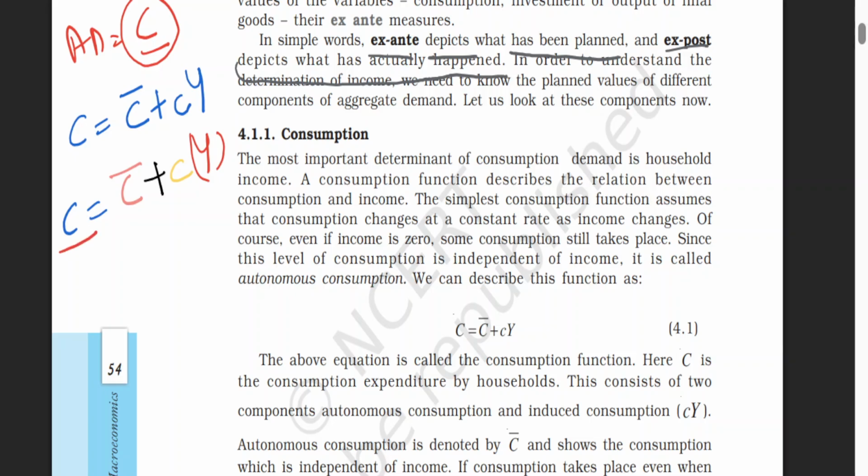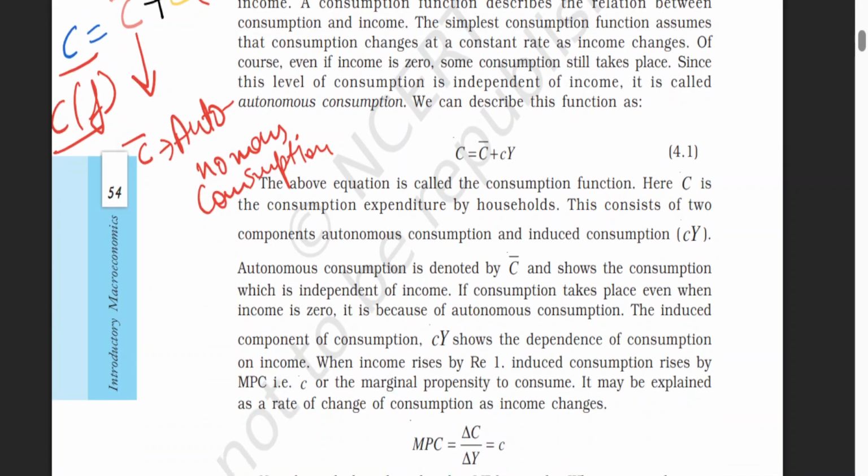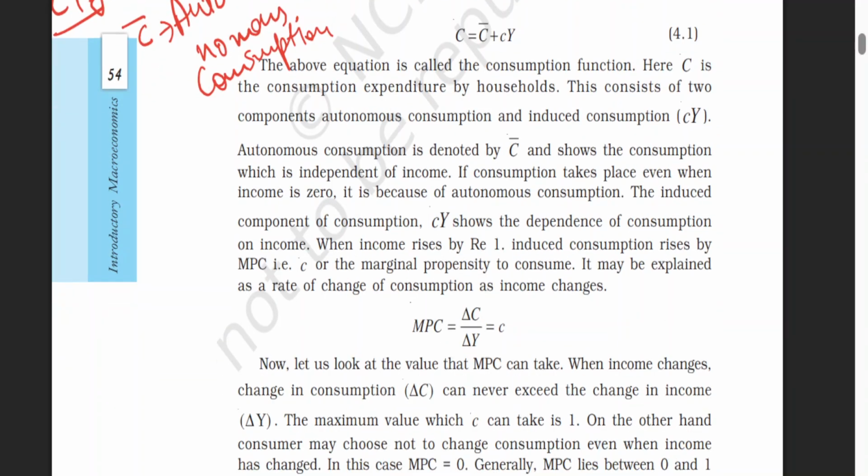This C stands for the complete consumption function. I can write this C in this format also, which stands with the function part. If I talk about this C, which has a bar over it, it is known as autonomous consumption. Now what does autonomous consumption mean, because we have come across this word autonomous consumption for the very first time. Autonomous consumption is that consumption which happens when your income is zero, right?